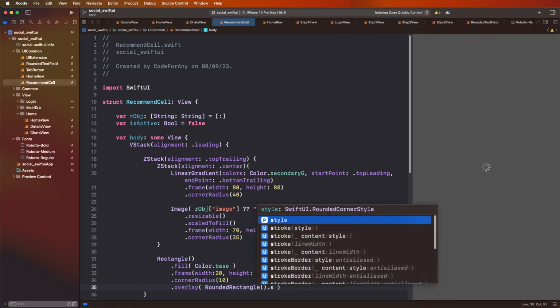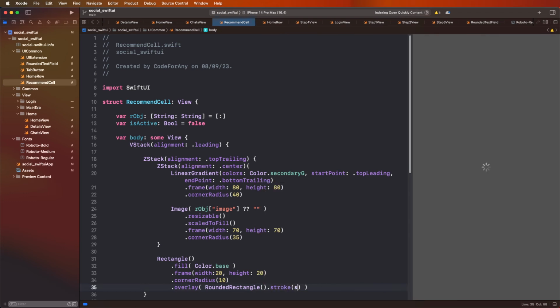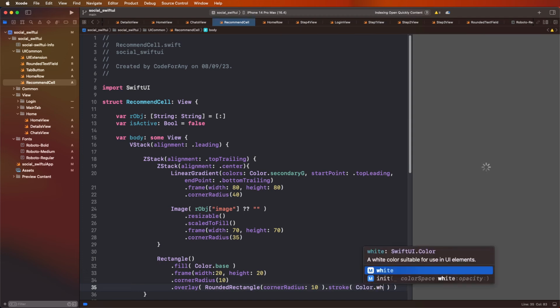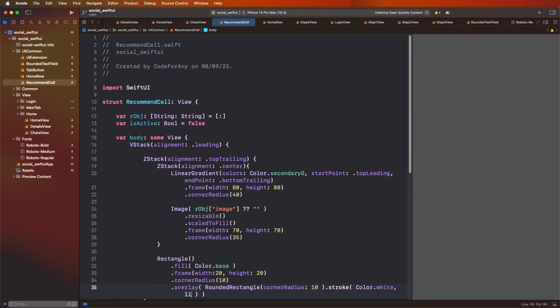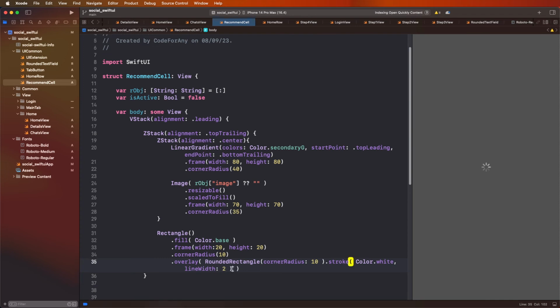Now need to give here the stroke, and to give this color, and pass here the corners. Need to set here the tens, remove the styles, no needs here, and to give these colors as white. Then after need to give here the line width, set as 3, not 2. Need to set this here, and to create here the shadow,